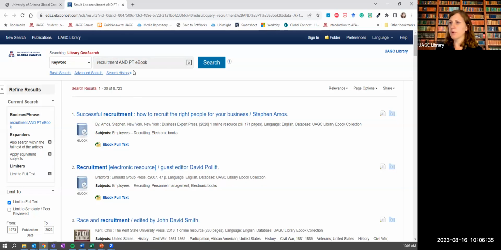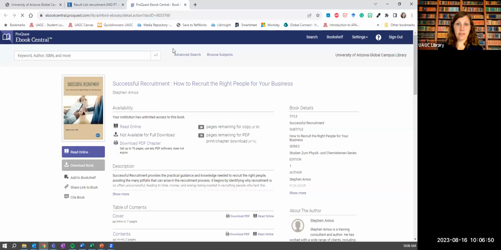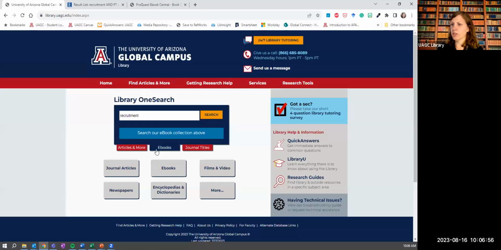So by clicking that ebooks tab, it's already going to put in that we just want to limit our search to ebooks. And from here, our top result, it's a recent publishing from 2020. We can just click the ebook full text, and that's going to jump us right into the ProQuest Ebook Central database. Now, another way that you might get there is just by going to this ebooks gray button, which will take you to all of our ebook databases, of which Ebook Central is our main one,